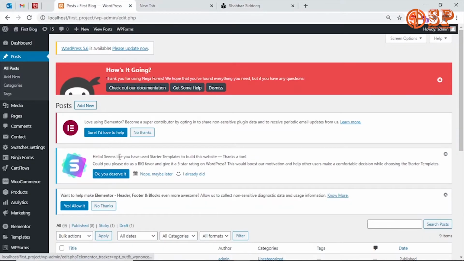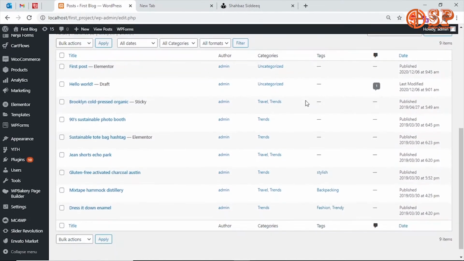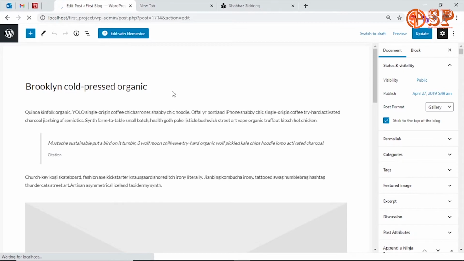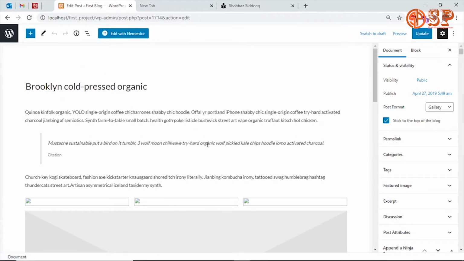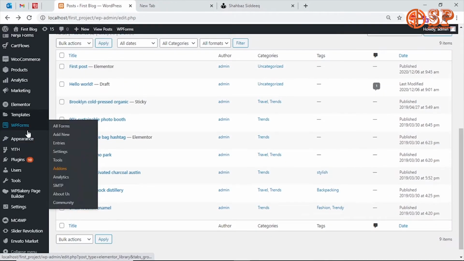So let's start. First of all, we will go to the post page and edit any one of them. Let's click. Now you can see this is the latest editor, and this is not the classic editor, because by default the editor is this one, but I want to go back to the classic editor. So what should we do for that? First of all, let's go to the plugins tab,